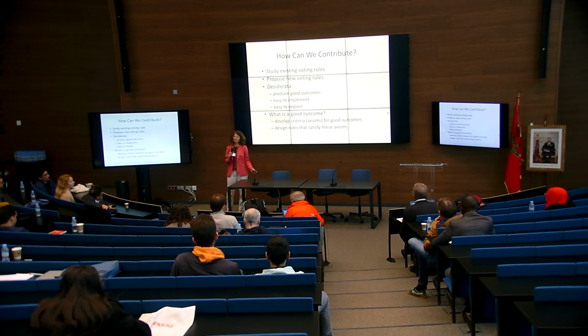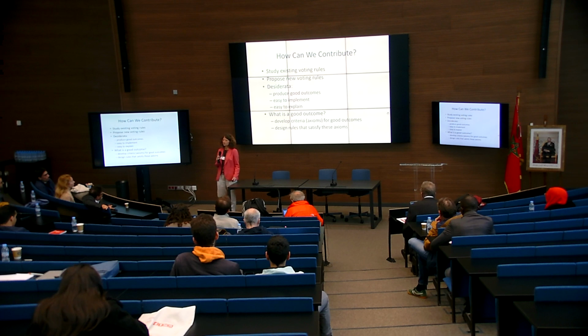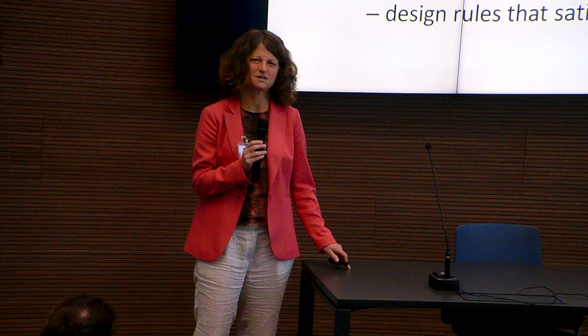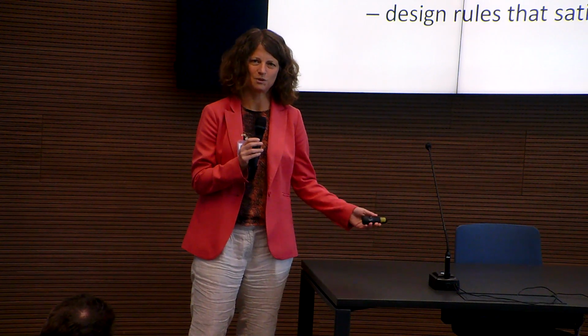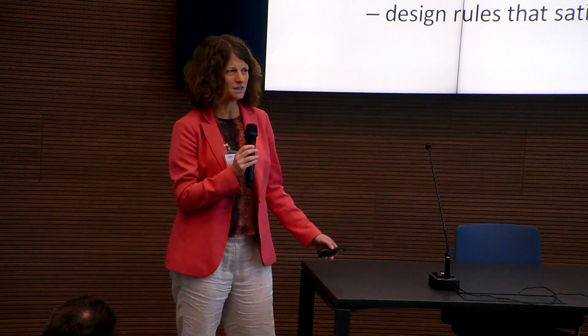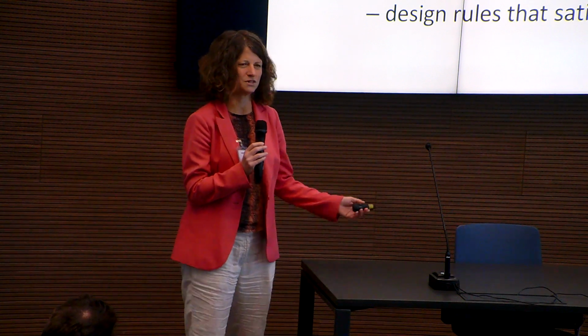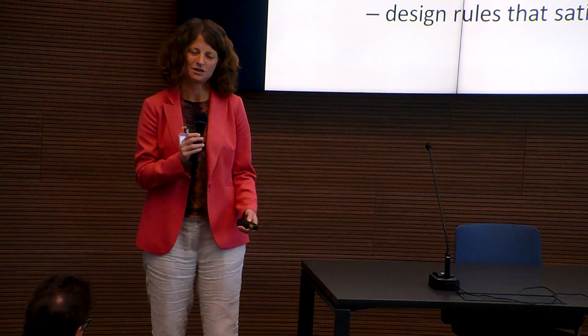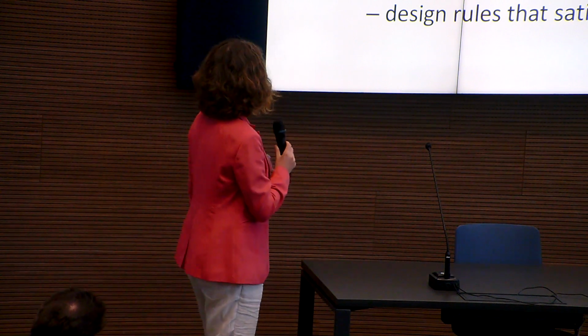Well, a principled way of going about that is to formulate what it is that you want to accomplish when you run participatory budgeting. And then come up with a rule that, in order of importance, I think, actually produces good outcomes, is feasible to implement in practice, computationally feasible in particular, and also isn't too hard to explain to the voters, makes sense to the electorate. I think all these are important.